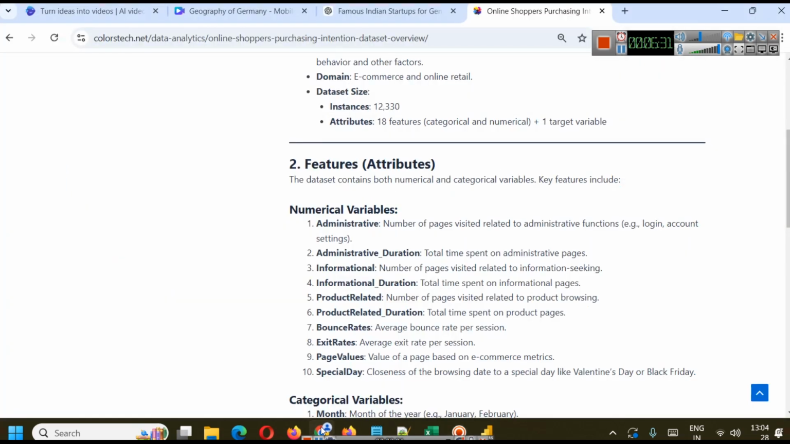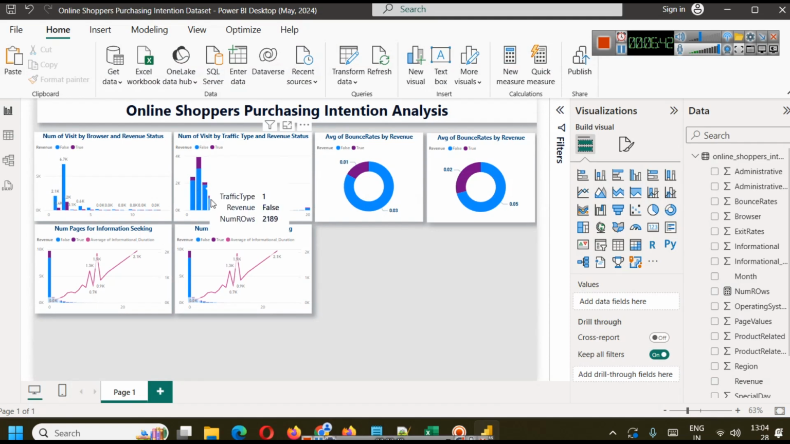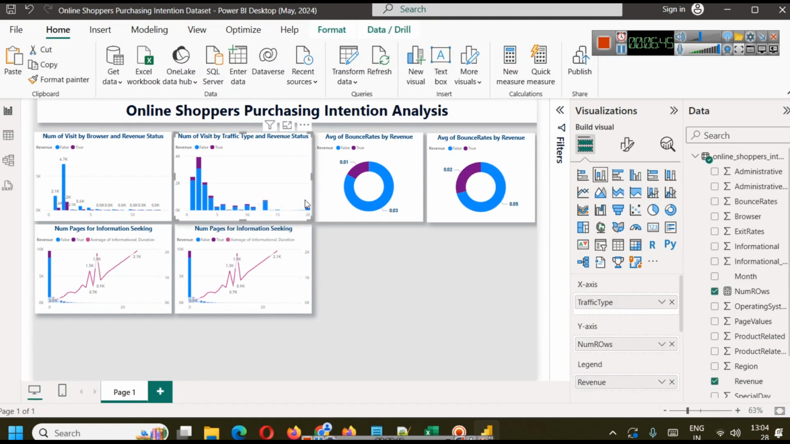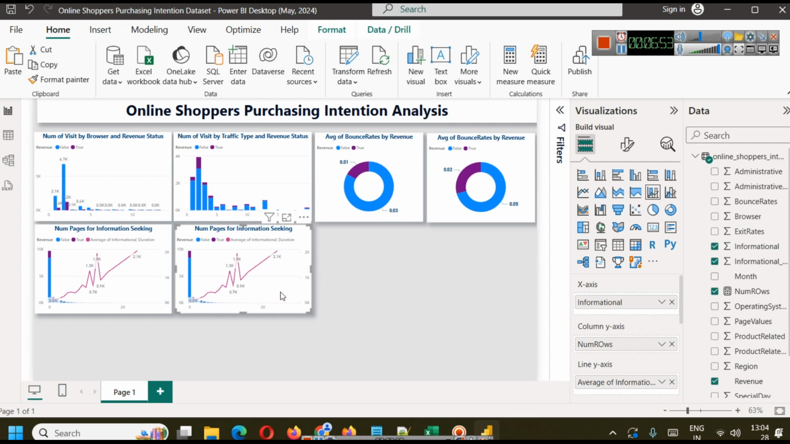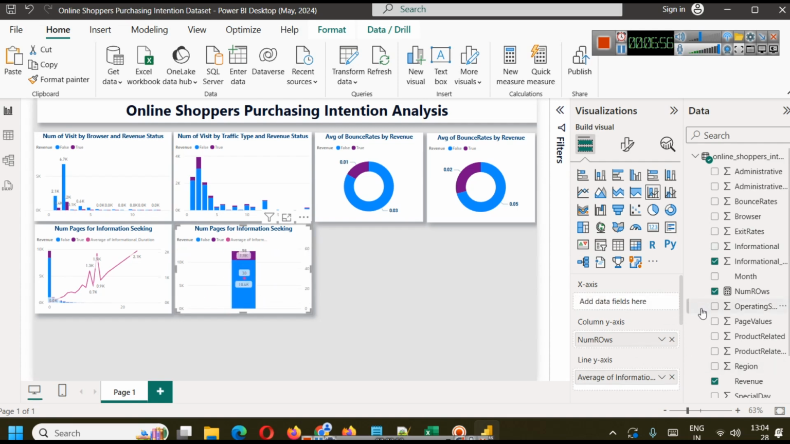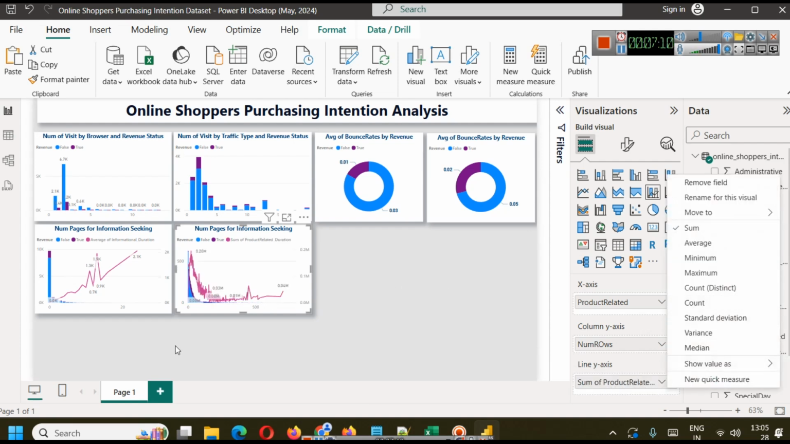And similarly we have product related information also, number of pages visited related to product browsing. So we can copy this and use it for product browsing, and in every chart we are considering our output variable, seeing the performance of our output variable, right? So later we will change their size, and here, instead of informational we will use product related on x-axis, then column y-axis will have number of rows, and this will be average product related duration. Okay, so